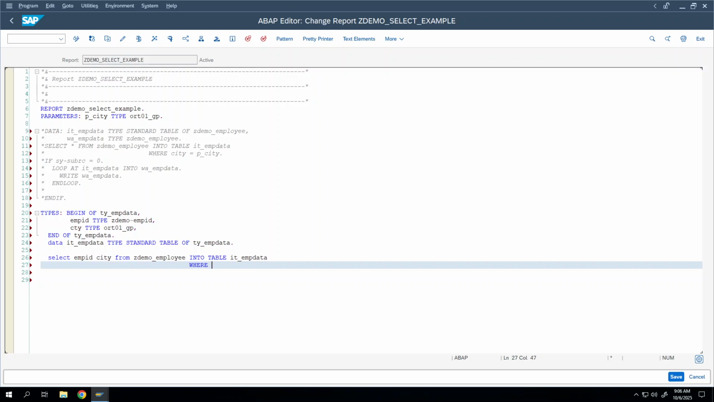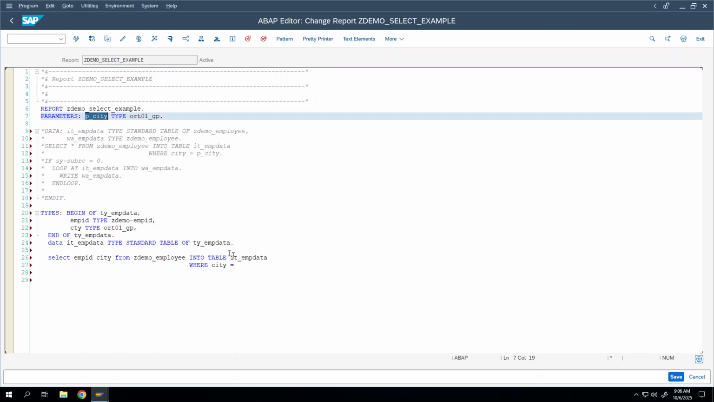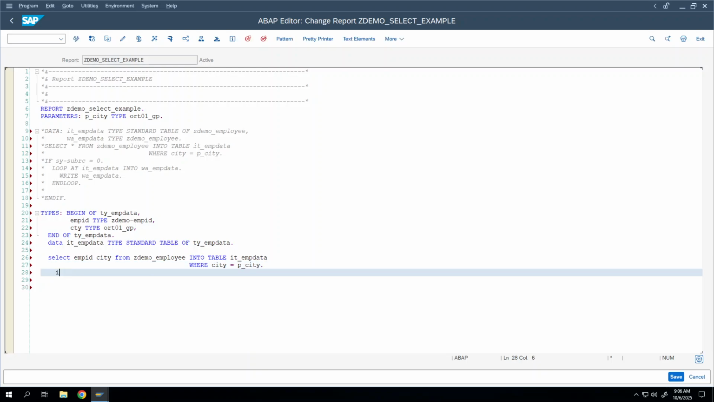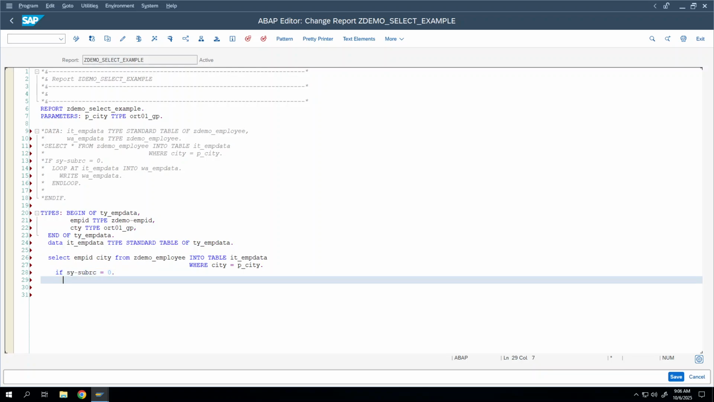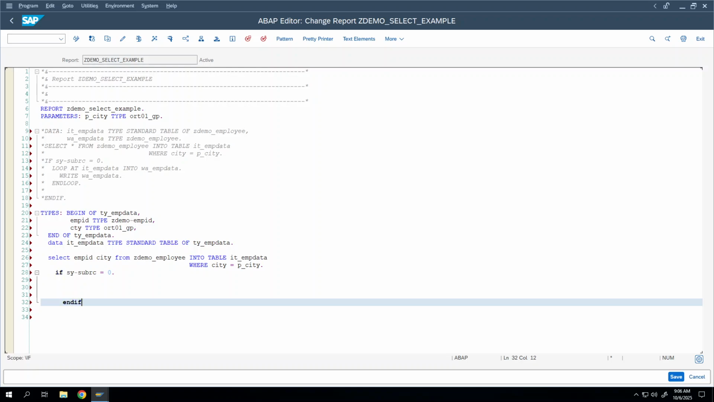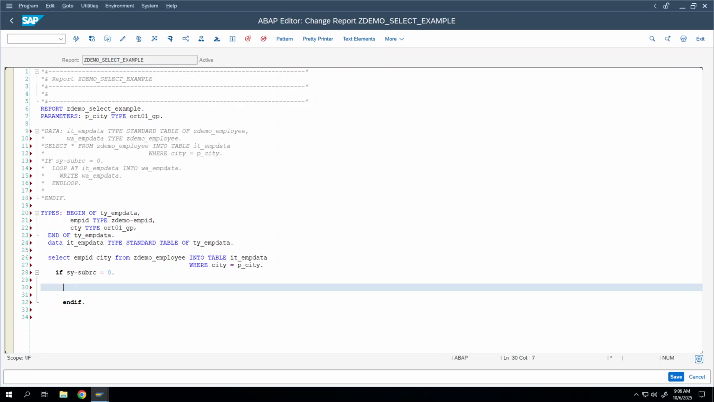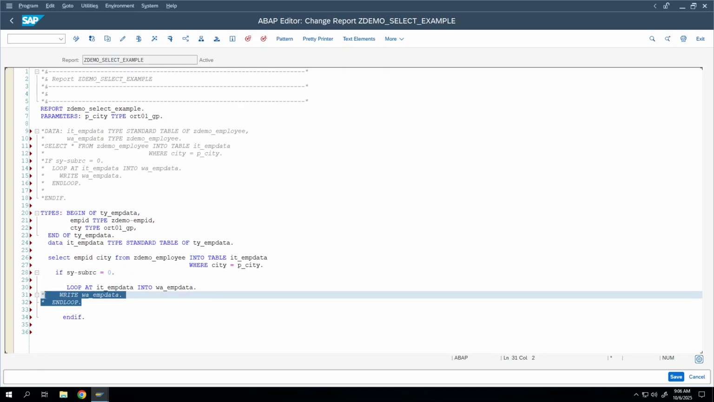Where, what is our input? City, right? City equal to whatever value is entered in the parameter, or you can also pass a hard-coded value. If sy-subrc equal to 0, and the rest of the things are the same, use a loop statement to loop the internal table, and display the output from